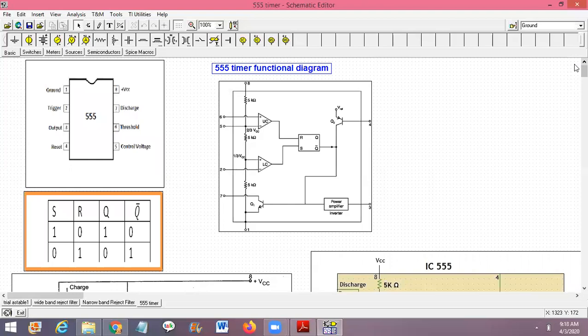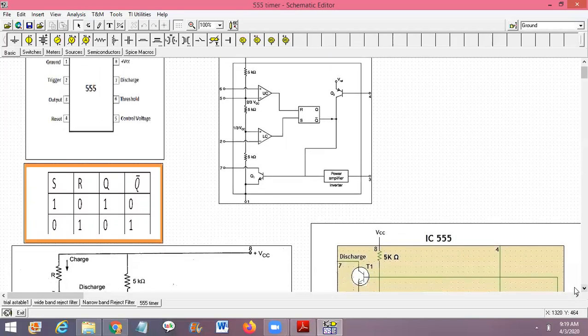Okay. So this is a 555 timer. This is the pin diagram of a 555 timer. Basically it is an 8-pin IC. So this is ground, this is trigger, this is output, reset, control, threshold, discharge and VCC. And this is the functional internal block diagram of a 555 timer. Basically, why is it known as a 555 timer? Because it is made up of three 5 kilo ohm resistors. Okay. And this is the VCC. To be more clear, let me show this block diagram.